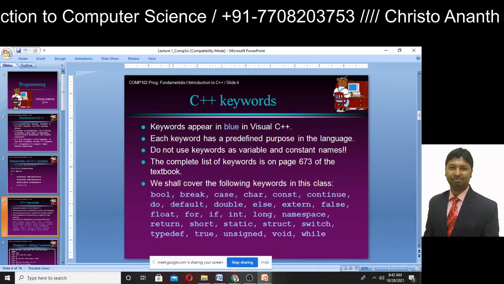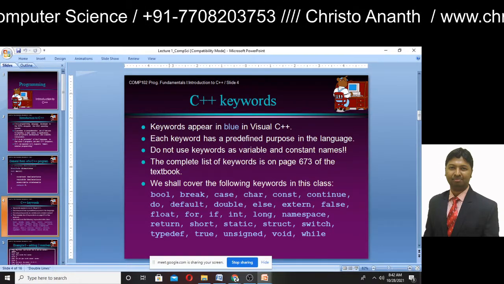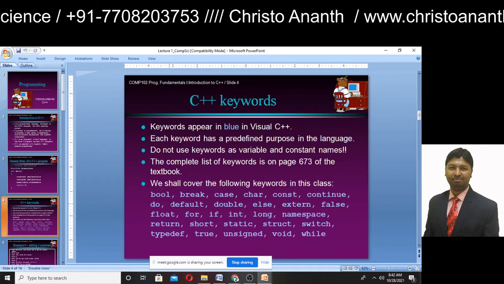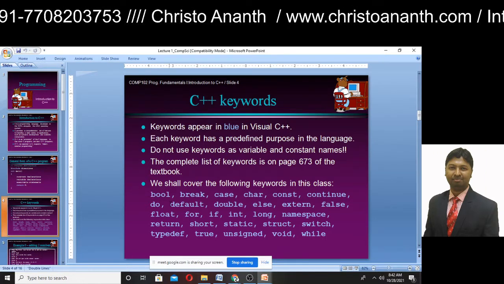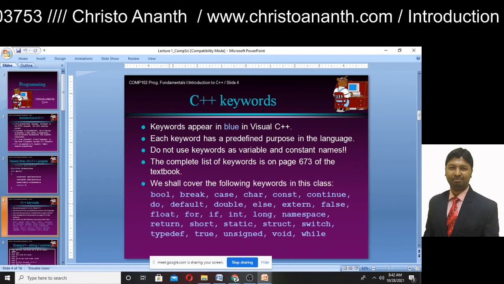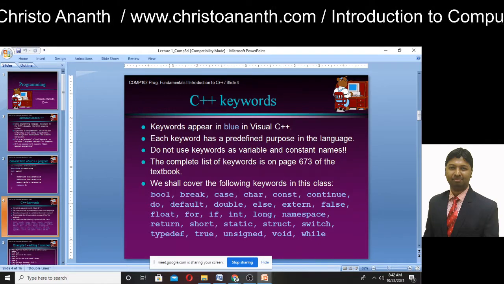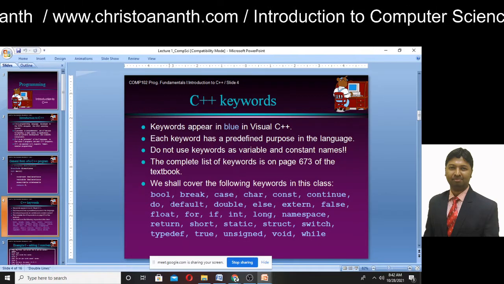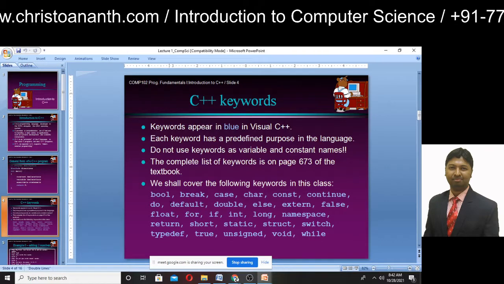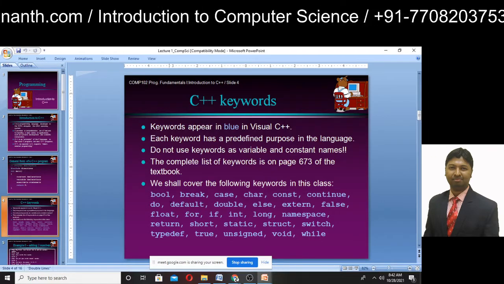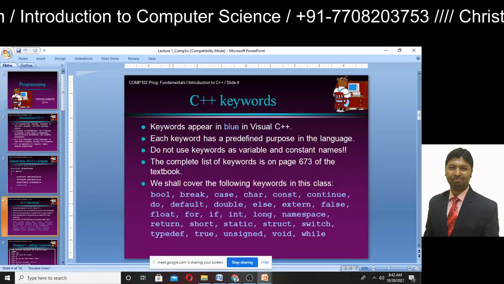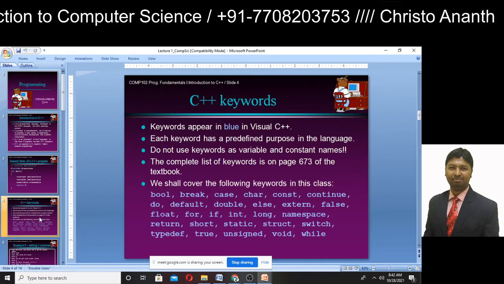For character you use char, constant you use const, continue, double, else, extern, false, float, static, struct, unsigned, void. So something like that you can give as examples of C++ keywords.